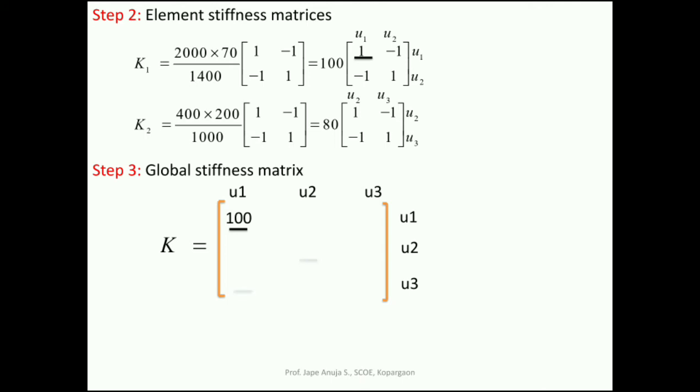Now the next element, that is u2 u1. Second element in u2 column u1 row, and next element in u1 column u2 row. So these two combinations are the same, u2 u1 or u1 u2. Okay, so these two elements you have to again assemble from the above two matrices K1, K2. So let us find here, u2 u1 and u1 u2. Both are minus 100, minus 100. So you have to write here in the global stiffness matrix minus 100, minus 100.